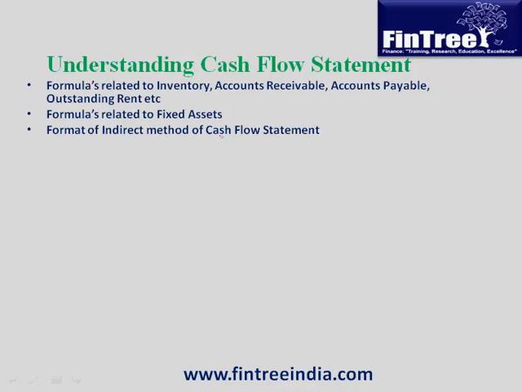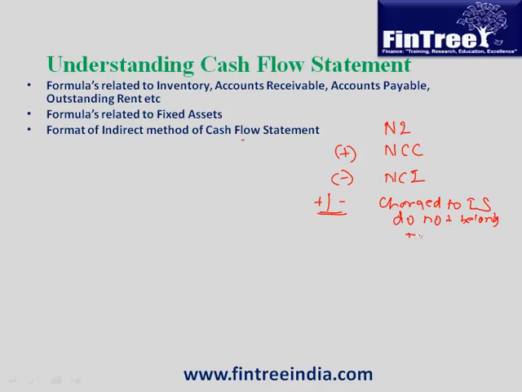What is the pro forma for indirect method of cash flow statement? So we would typically start with net income, to which we would add back non-cash charges. We will reduce if there is any non-cash income, though generally not very common. Then we will say plus or minus those items that we have charged to P&L or income statement, but the ones that do not belong to CFO. So we make adjustment for those items, and what we get here is cash flow from operations before working capital